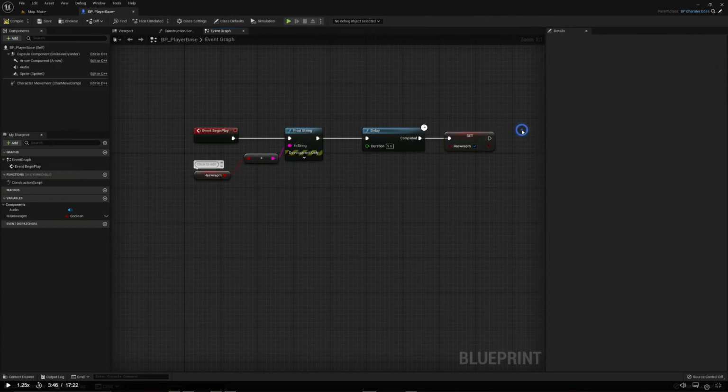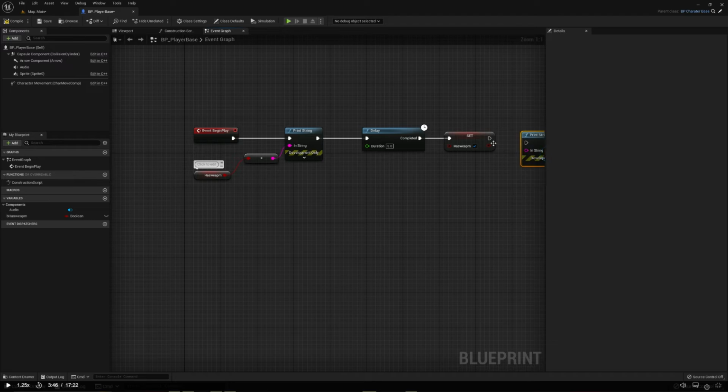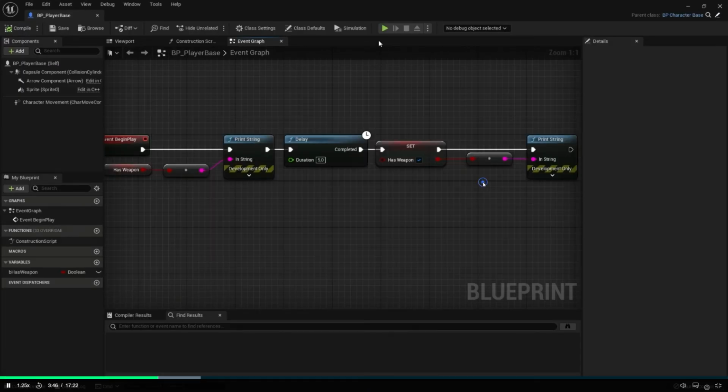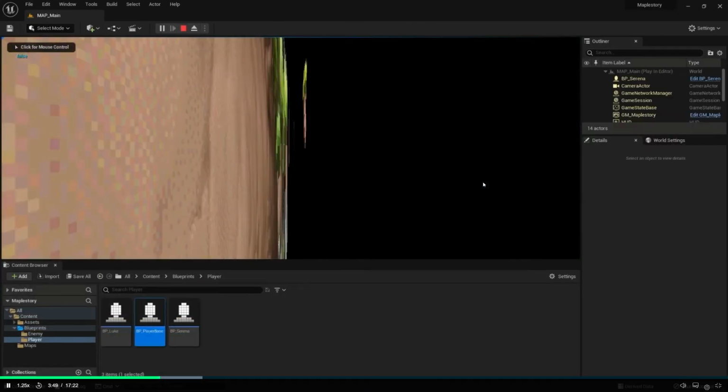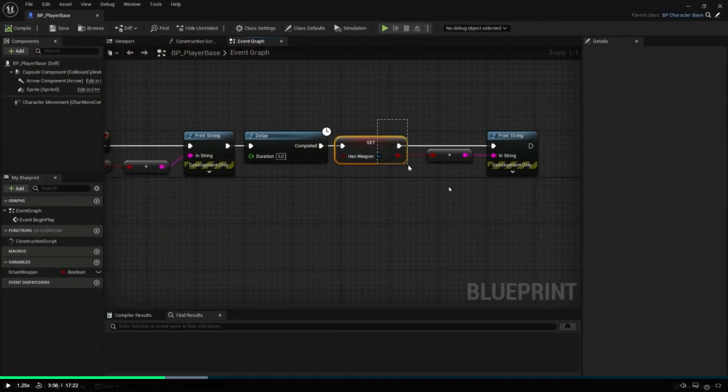Okay, print string, plug that into there, that into there. Click on play, so it's going to say false, and after 5 seconds, it's going to say true up here, okay? So it's going to say false, and then it's going to say true, because